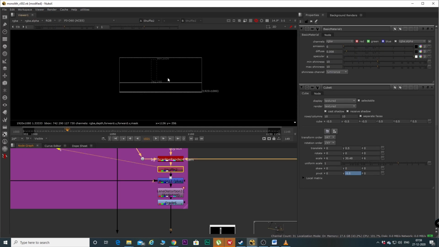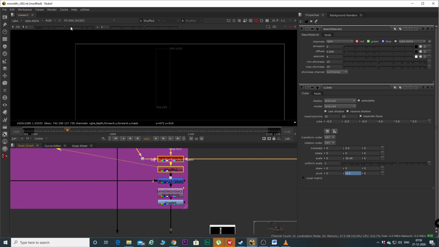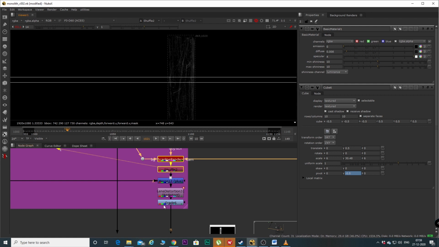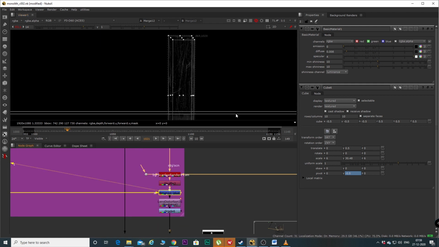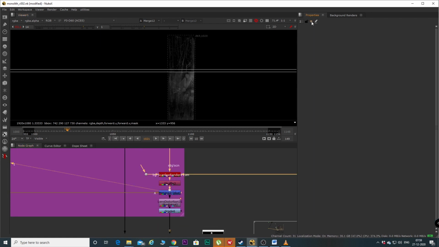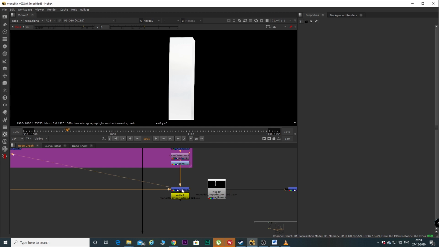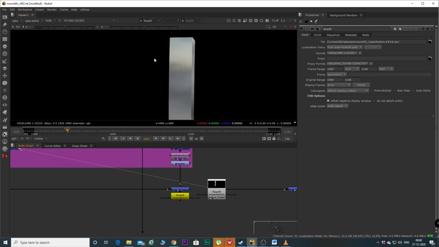Finally, I've added the scratches over here. If you see, when I expose it up, this is what I get. I've added it with my smudges, added a lens distortion, plus it with the reflection. So this is what my final render looks like.